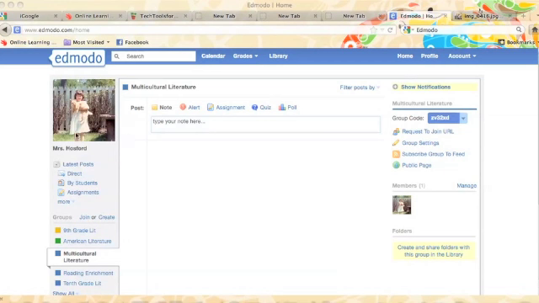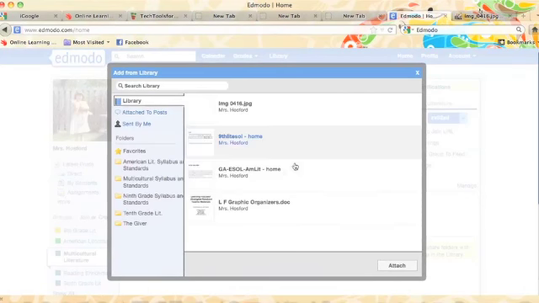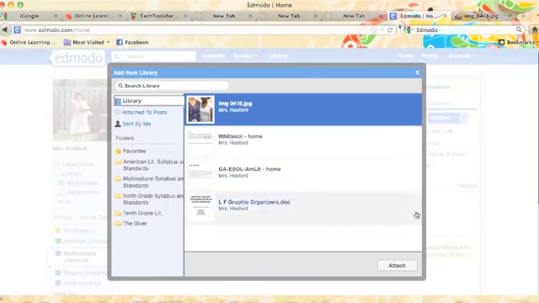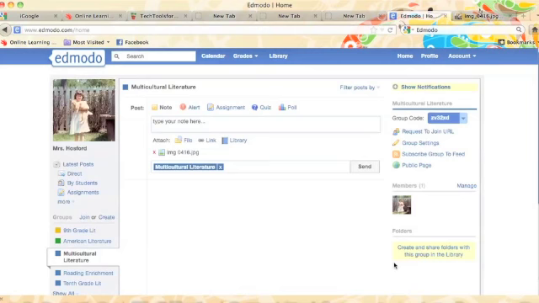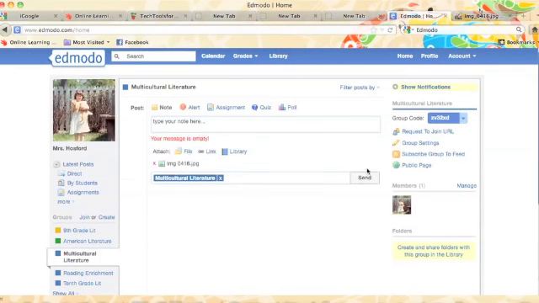So here I am on my Edmodo screen. I'm going to choose multicultural literature. I've got my photo already in the library, and I'm going to do just a quick note here. Actually, I may not even put anything. I'm going to attach with my library. I'm going to click on the library. I'm going to choose my photo. I'm going to hit attach, and then I'm going to send. I guess it wants me to write something, so I will. I'll write